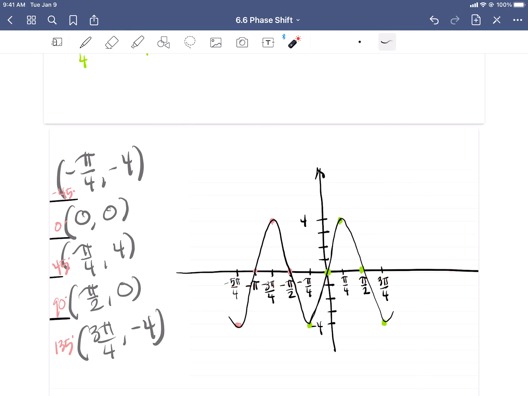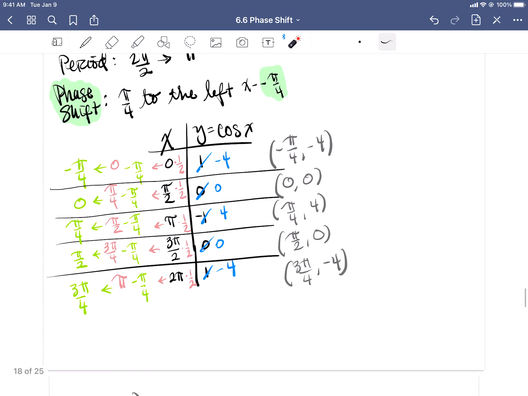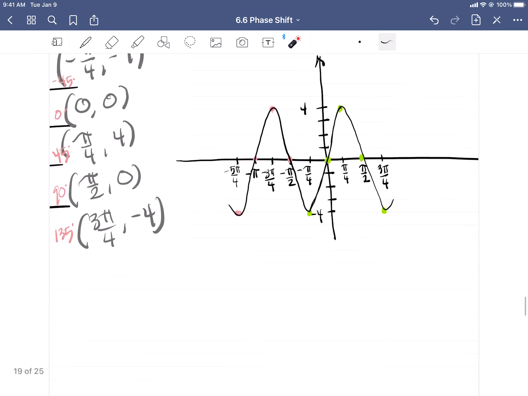Clearly label your x-axis and your y-axis. Make sure you apply your transformation. So I should see this, okay? And then you'll be